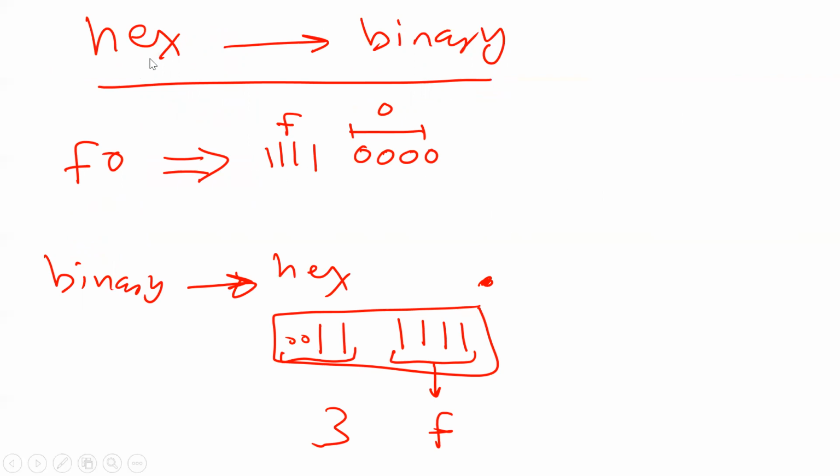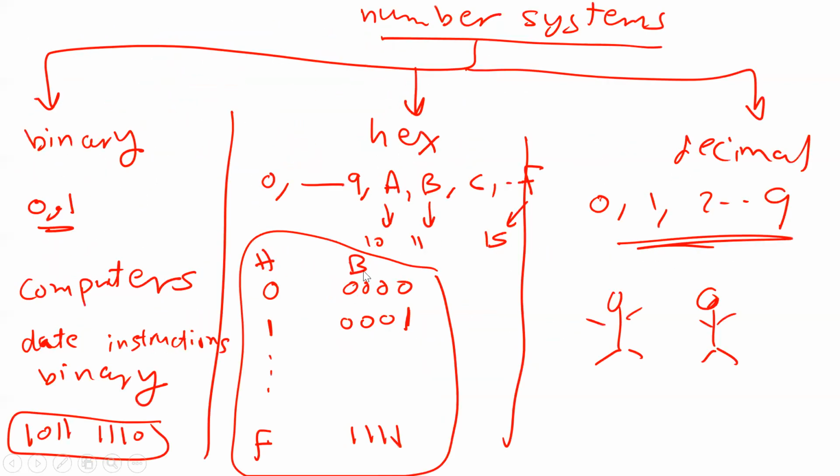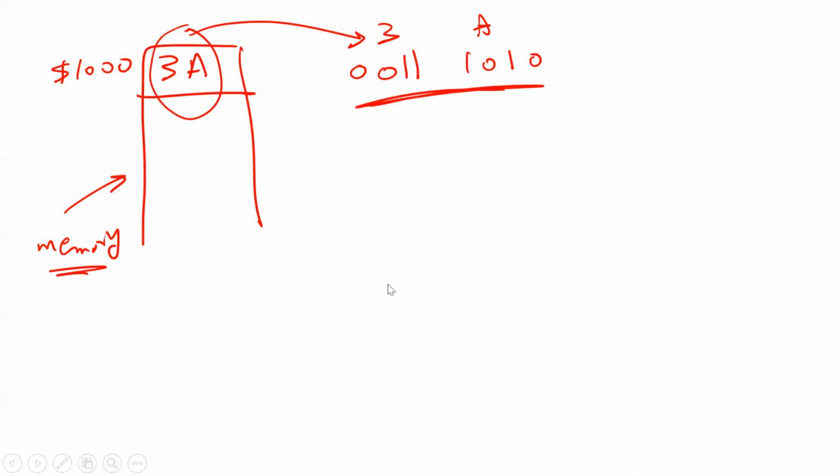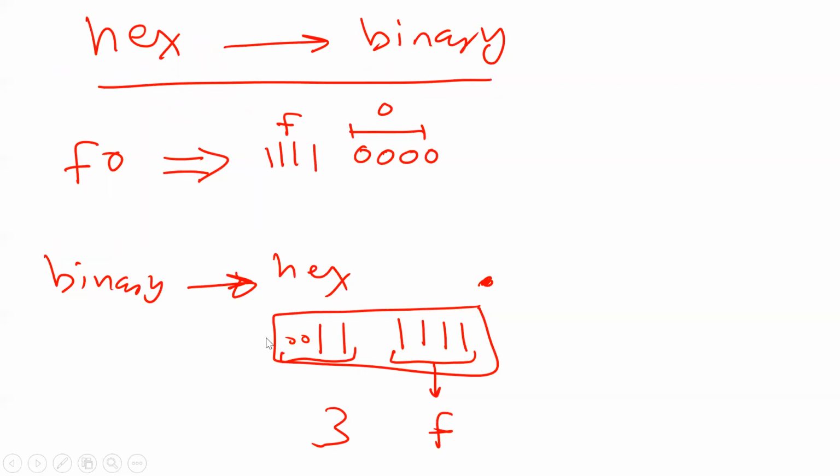So why is it easy to convert hexadecimal to binary? I'm going to tell you. So look here, in this table. Every digit has 4 bits here, right? All you have to do to convert hexadecimal to binary is take every digit here and replace it with these 4 bits. That's it. Very simple. That's why I told you, if you give me the number in hexadecimal, it's almost the same as giving me the number in binary, because they're very close to each other.